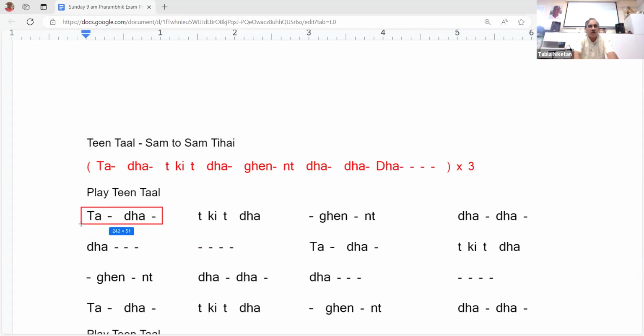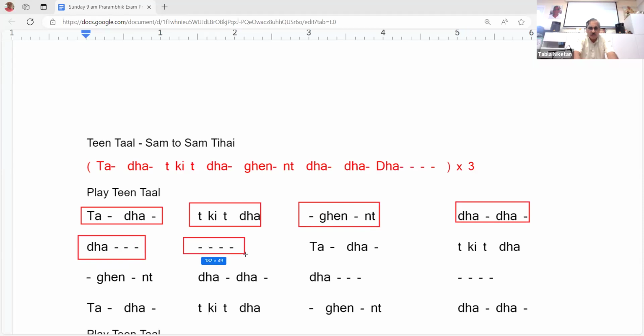Okay, so beat number 1, beat number 2, beat number 3, beat number 4, this is beat number 5, and this is beat number 6. But partially beat 5 and partially beat 6 is your pause. Pay attention, please, everybody. So the tihai is how many beats? If you exclude this dha, beat 1, beat 2, beat 3, and beat 4, then dha. Okay, again, let me recap. Make sure you guys pay attention.